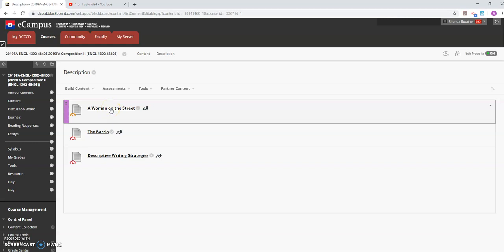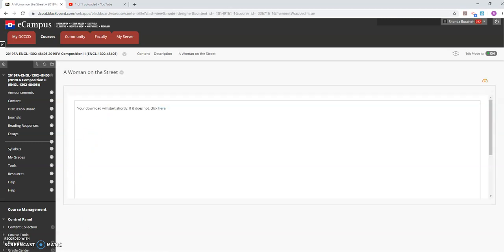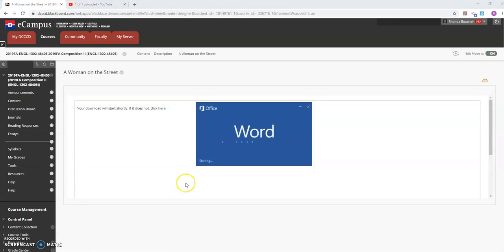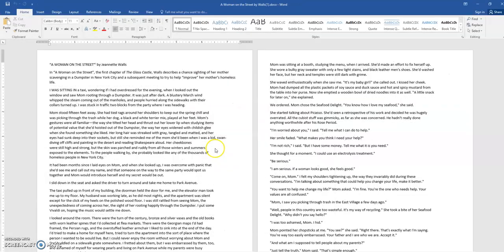Now, my philosophy in teaching you how to write well or write better is for you to model published writers, people who already have that skill. And so I provide you with examples to use. This one is from an autobiography. It's by Jeannette Walls. It's from The Glass Castle, and it's the first chapter where she's talking about how she sees her mom on the street rummaging through a dumpster as Walls goes to a party on Park Avenue.